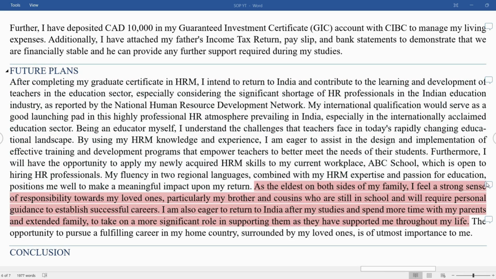Then especially you have to mention the family ties you have, so that they can make a point like, okay, they give a study permit for a specific period of time because they want you to go back and come and study here but go back. So be sure to mention the family ties you have back home in India or in your home country, so that it is a little convincing. Even though you want to work here, just make sure to mention your family ties.